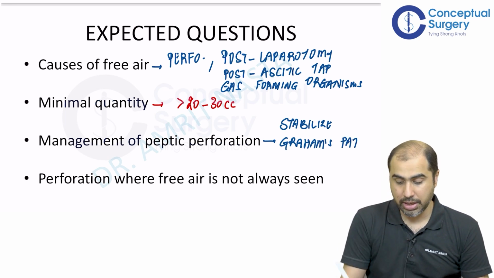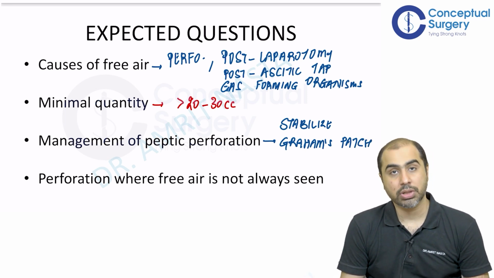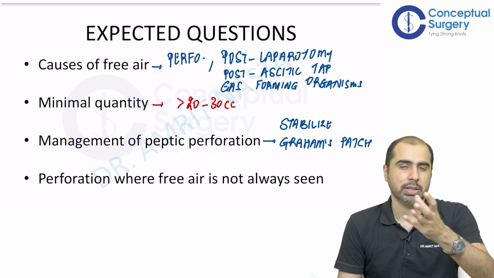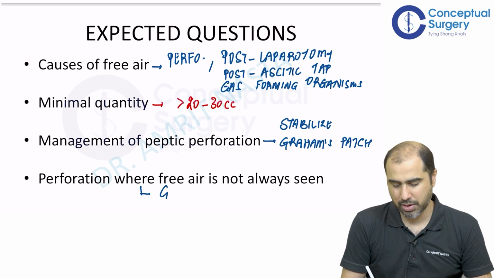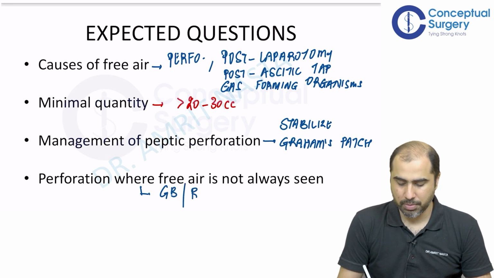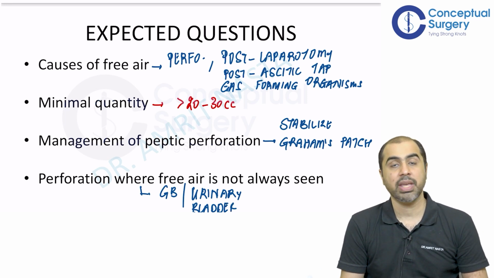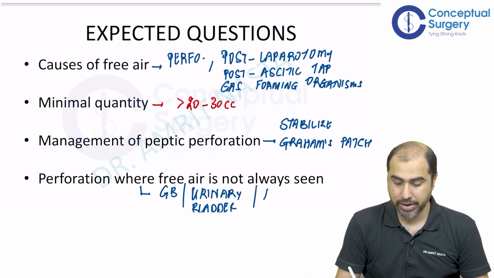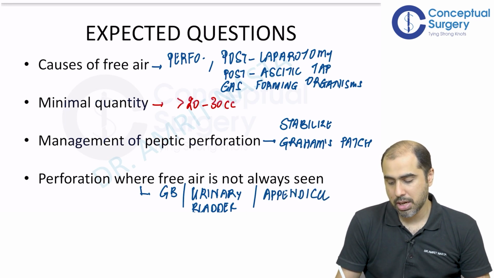And if you can reach till there, maybe they will ask you, tell perforations where free air is not seen. One is the obvious answer. If it's a perforation of a non-GI organ, like a gallbladder perforation, you won't see free air, obviously. Or a urinary bladder perforation. But then they will be like, okay, the student is very smart, let us give him another googly. Any perforation of the GIT where you may not see free air, even on a CT. Answer is appendicular perforation. Remember, appendicitis occurs because of